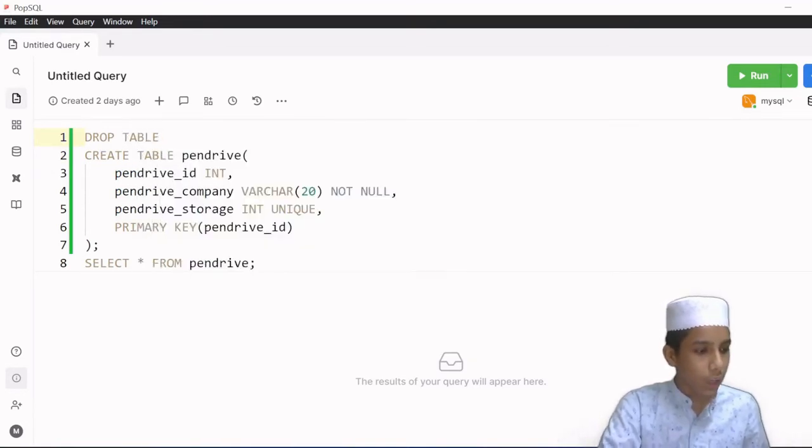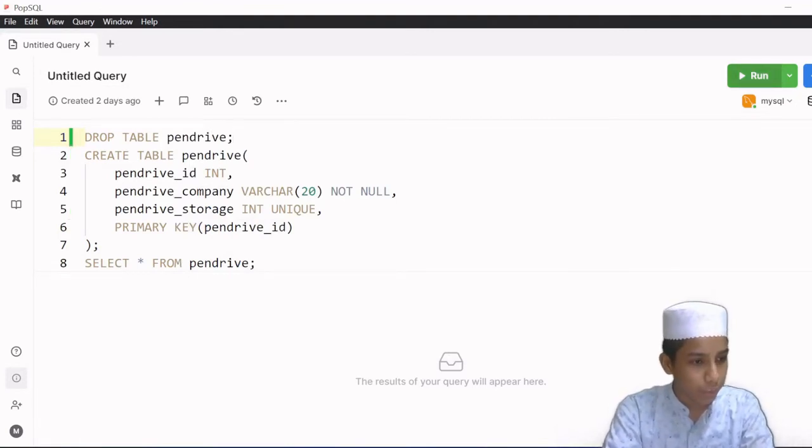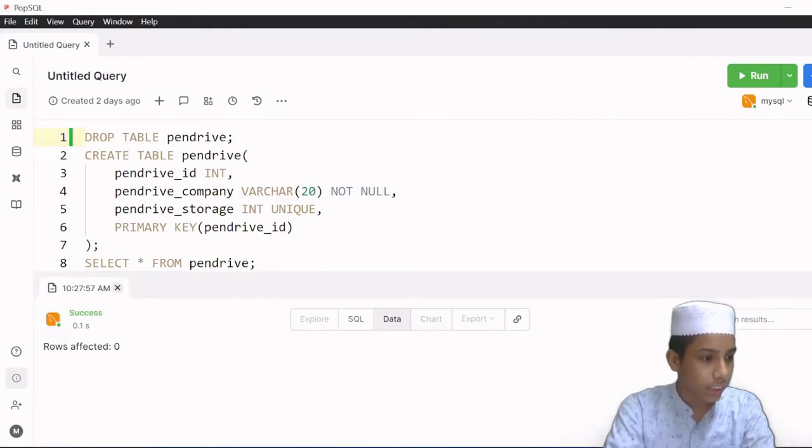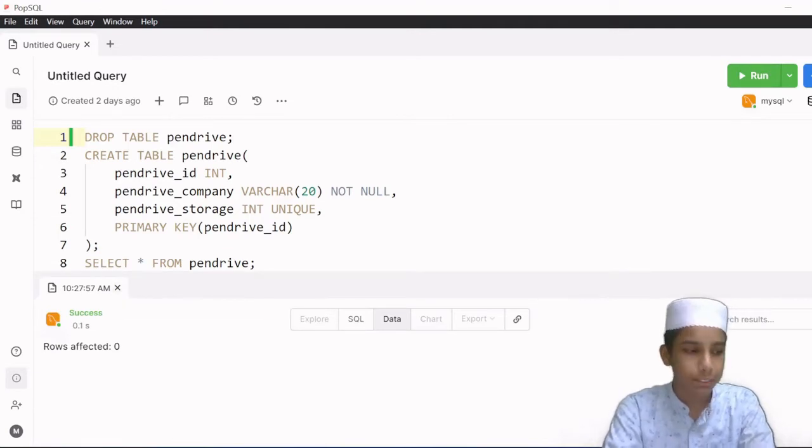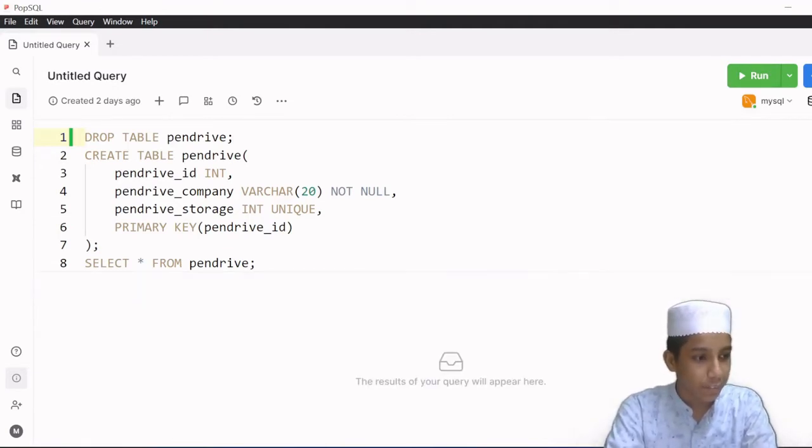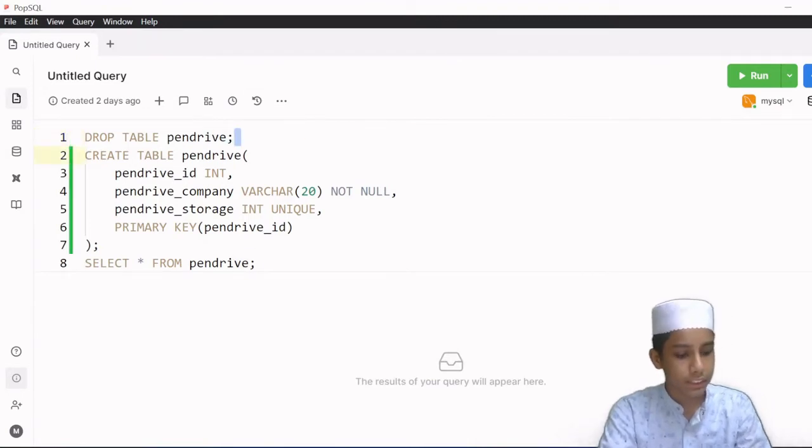Yeah, and now I will be giving which table I want to drop: the pen drive table. And now we'll be running this program. As you can see here, it's showing success, which means the table has been dropped, it has been deleted. So now what I want to show is,